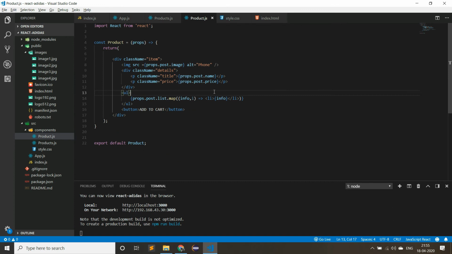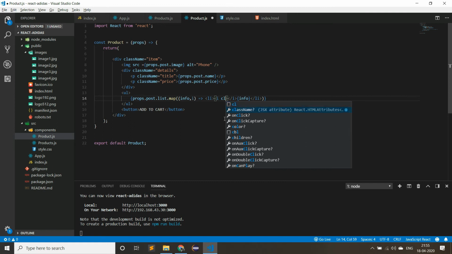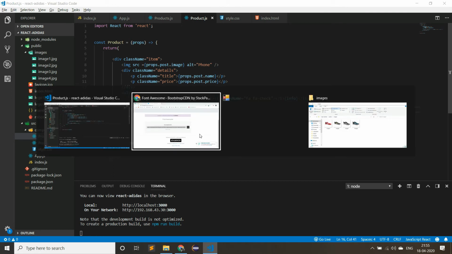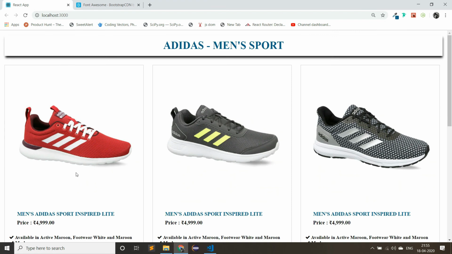Let us add the Font Awesome icon before the list item. For that use i, and then close the i. Inside of that add a className fa fa-check. It will just be the tick icon, normally used as a check item.